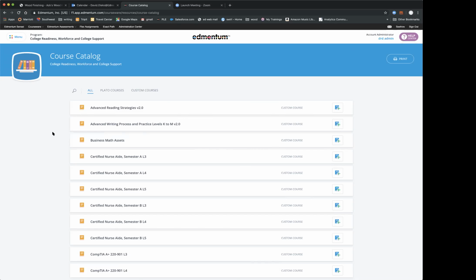And just a little bit of basic navigation. When you're over here, if you want to find something specific, there are a couple of navigation aids that you can use right here at the top. This is just some basic background. There's a little magnifying glass, and you can come in here and start typing the name of the course.